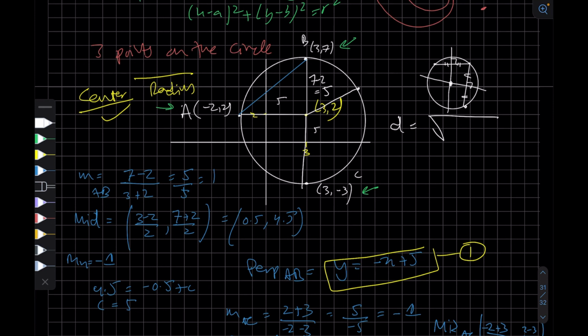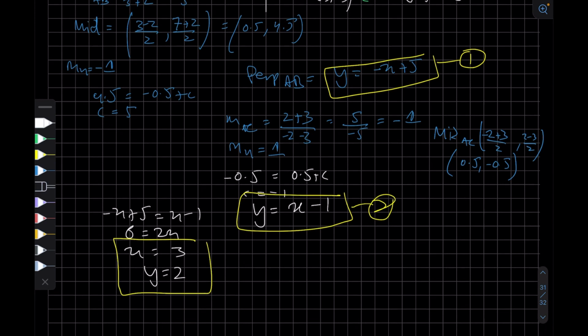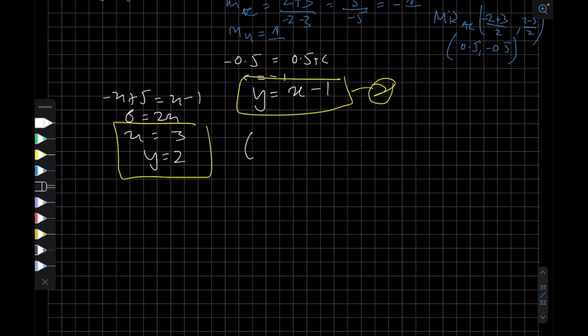But if there was any other point, you would simply apply the distance formula, which is the square root of the difference in x squared, x1 minus x2 squared, plus the difference in y squared, y2 minus y1 squared, and you would get the radius. Here it is 5 as I showed you, but we can just input it into the formula: 3 minus 3 squared plus 7 minus 2 squared, the square root of 25, which is 5. So we got our radius 5, we got our center, so we can form the general equation, that is (x minus 3) squared plus (y minus 2) squared equals 25, and this is our answer. And that's it for coordinate geometry.